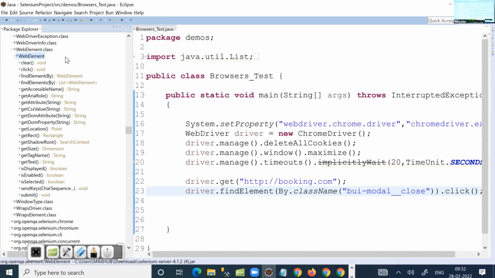Take some short notes about it first. Working with web elements. You understand the topic? What do you mean by web elements here? Maybe a text box or a button or an image or a link, anything will be considered an element. Take some short notes. Selenium provided